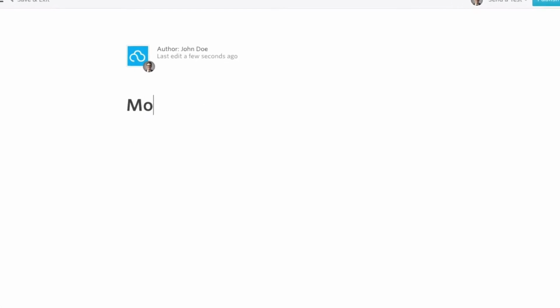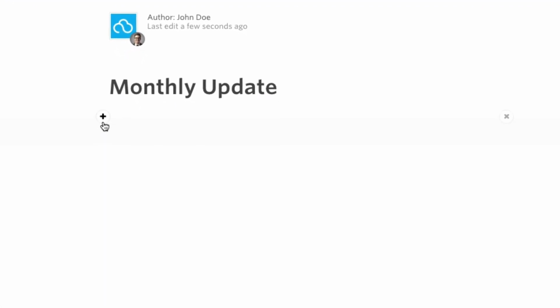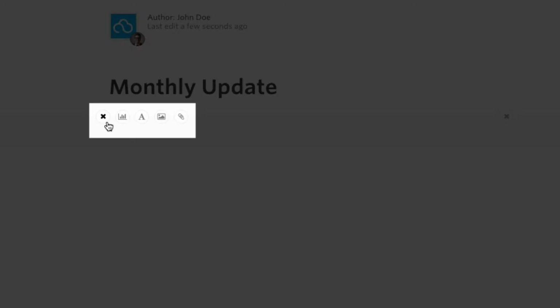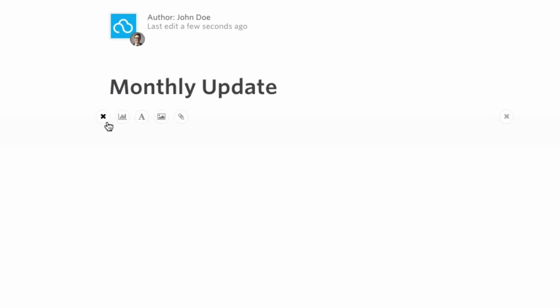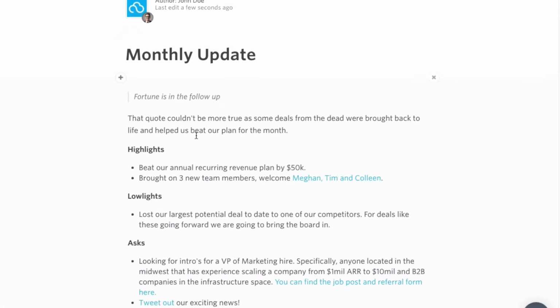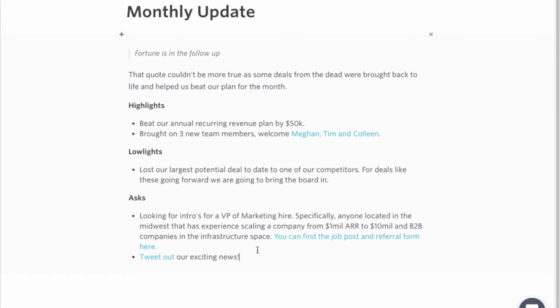First, I'm going to go ahead and give this update a title. And then there are 4 different components that you can add in any update: rich text, charts and visualizations, file attachments, and images. For this, I'm going to start with rich text. I've kind of cheated here and have some copy and paste text already that I'm going to include and put